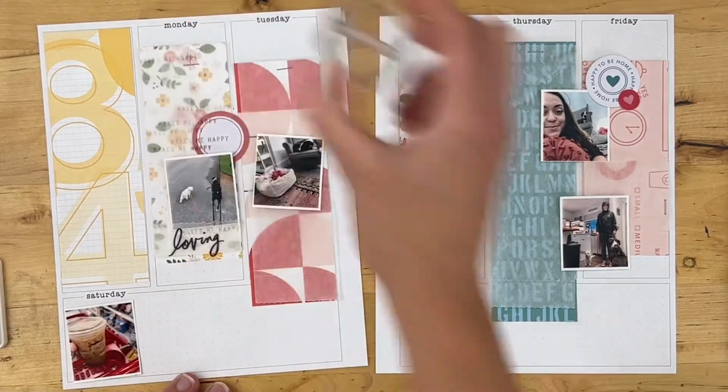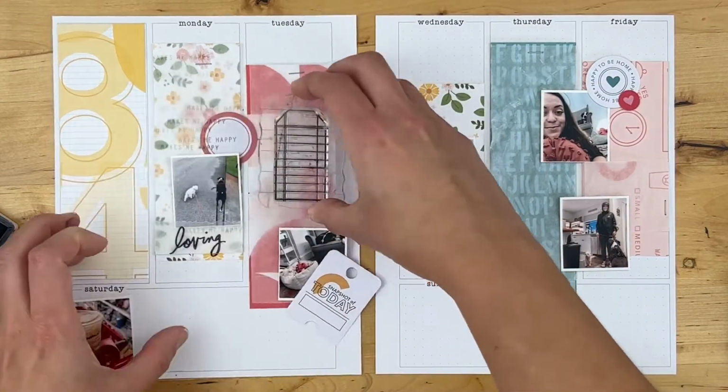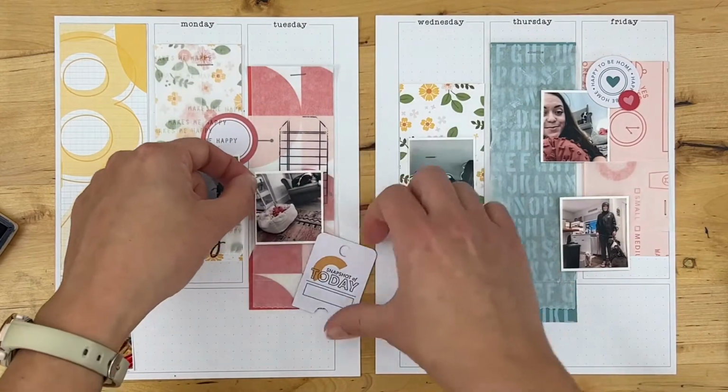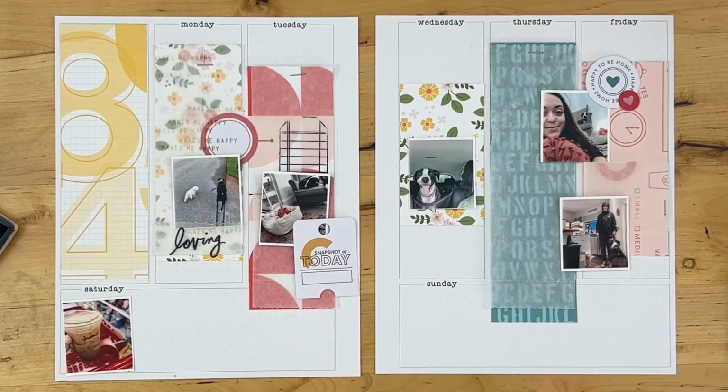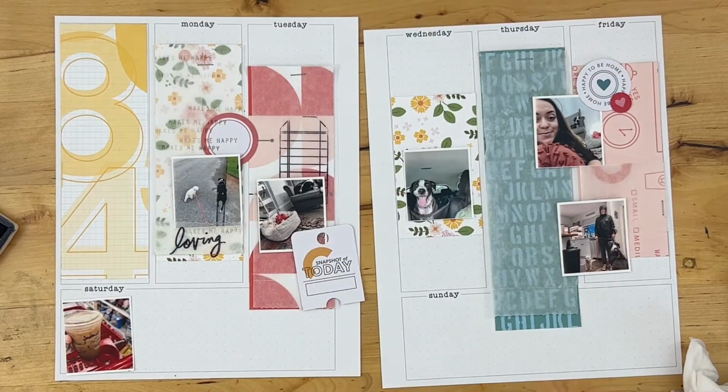So that's a little bit about why I like to use glassine bags, and I definitely encourage you to give it a shot, and of course to give it a shot with your stamps. So that's why we're all here today, right? Because we are stamp lovers and we want to know how to stretch our stamps. So you've already seen a little bit of my stamping action here as I've started working on the left hand